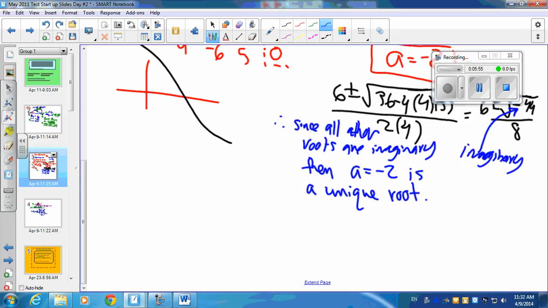And you know how to find unique roots? Unique up on them? What a great way to